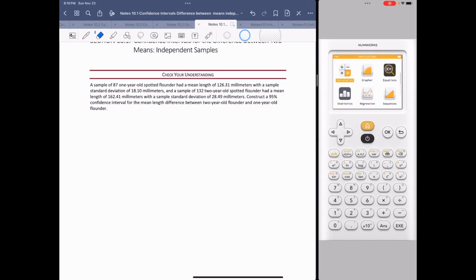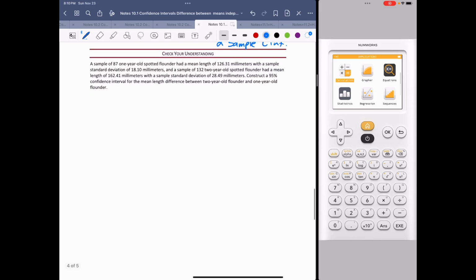Pause the video, please, and read your problems. Once you do, you'll see that this is another 2-sample T interval. And we're going to start with checking our conditions. First, I have an SRS for both. The two groups are independent